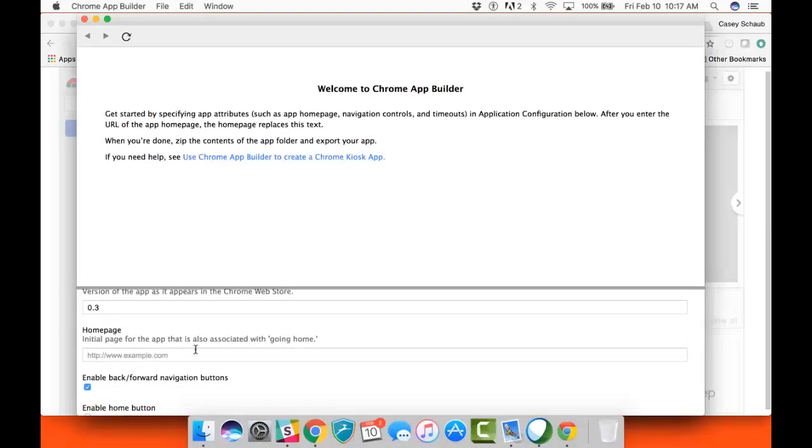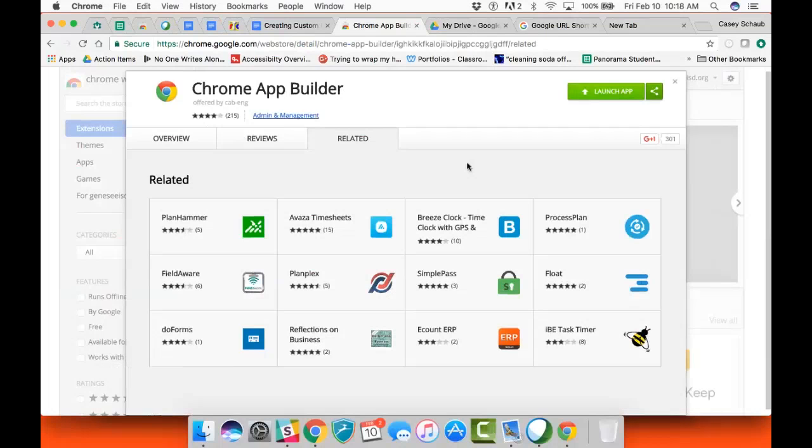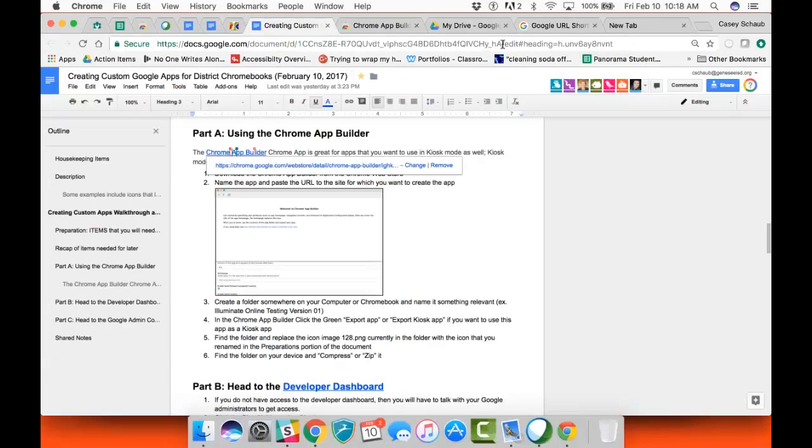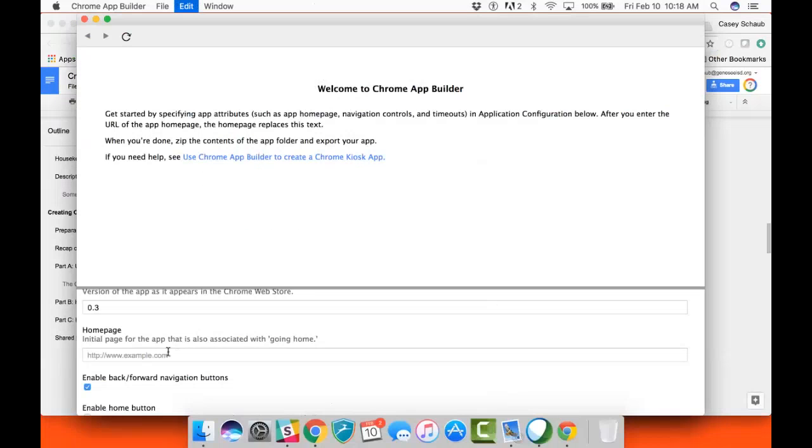All right, homepage. Again, we aren't building some crazy app ourselves. We're just linking to another website. So what you do in the homepage is you just paste a website. Let me grab one here. Just give me a second. I could even do it with my Google Doc here. So I'm going to go to this Chrome App Builder, and I'm just going to paste that. And you'll see in a second,